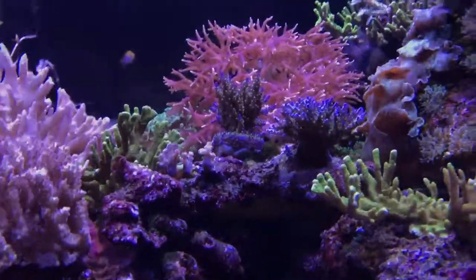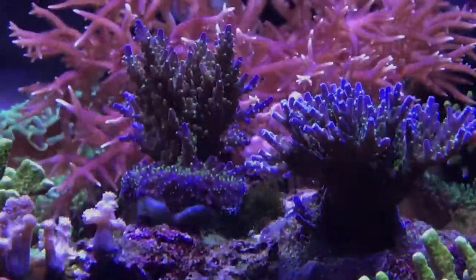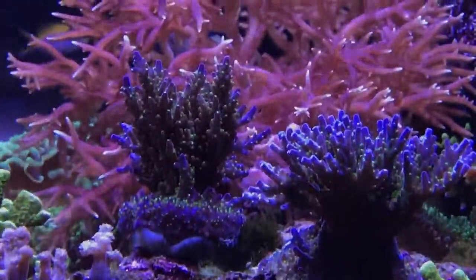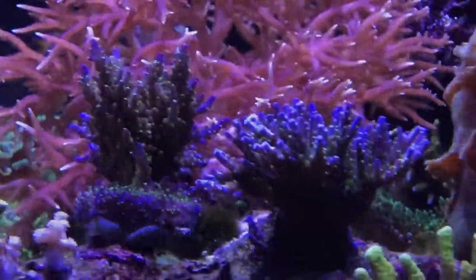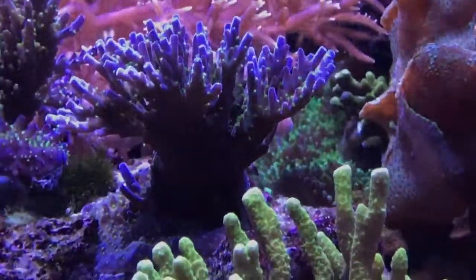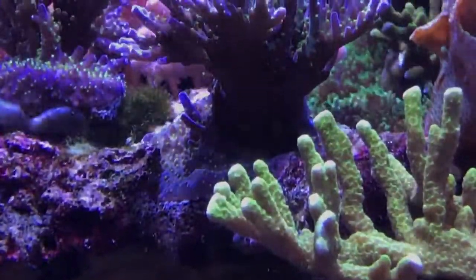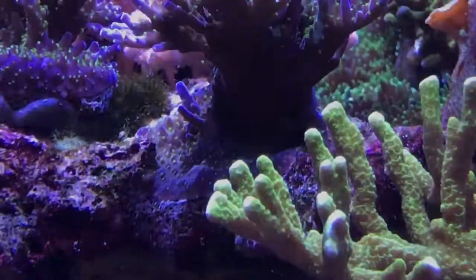I think we forgot what that coral is there. I've had it for a little while. It's been growing really well. I think it's like a tricolor or something. I forgot what you call it. My little Garf bonsai. I've had it for a handful of months, and it's grown quite a bit and is actually spreading all over the rock. Hard to tell there, but